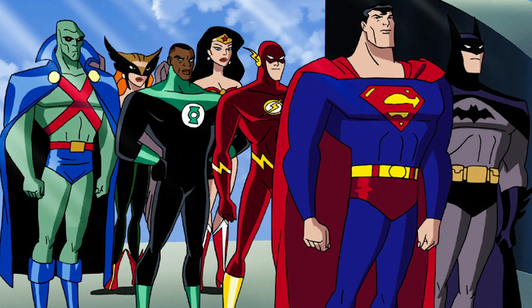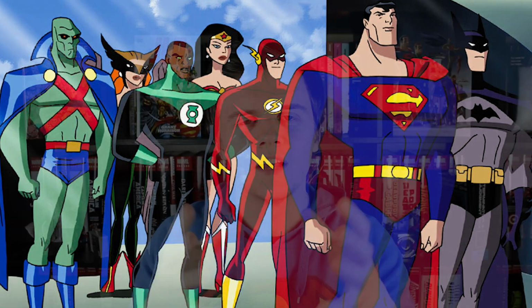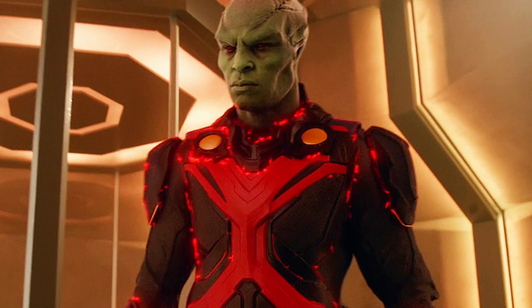However, despite the Martian Manhunter having quite a tumultuous journey within comics, he has had multiple appearances in different media, such as the Justice League animated series, which I think was either in the late 90s or the early 2000s, and this established that his main type of foe is the Imperium, which is the race that was responsible for attacking his home planet. He was also in the New Frontier animated movie, which makes sense because he had quite a prominent role within the original comic, and he's also appeared in Smallville, Supergirl, The Flash, and the Crisis on